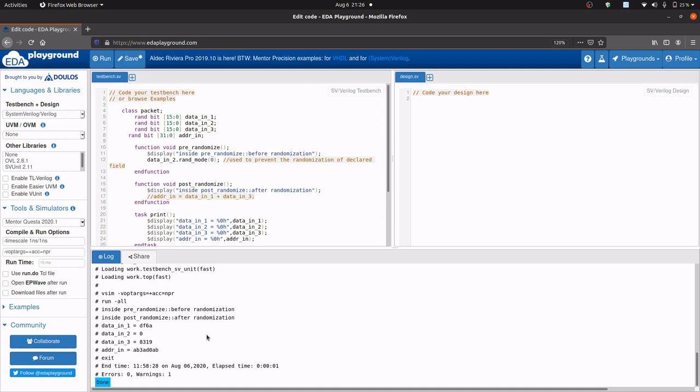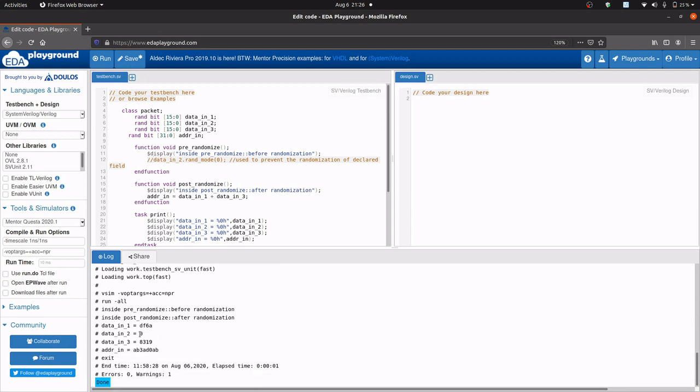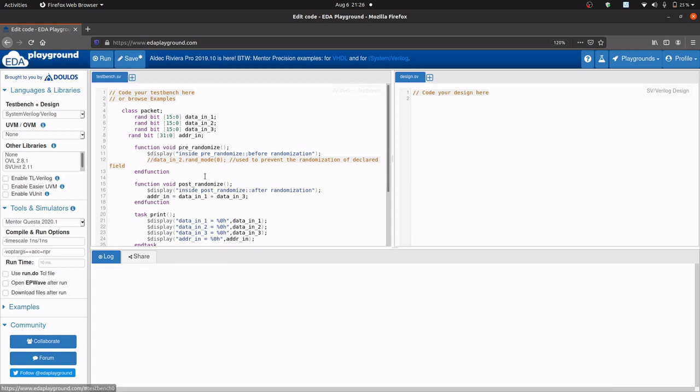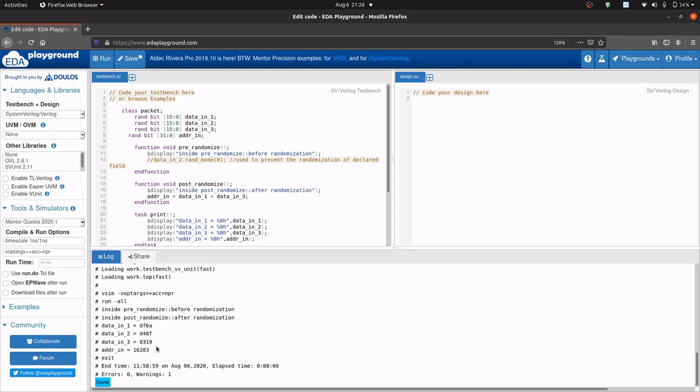And what happens if we comment out the rand_mode section? Data_in_2 was 0 earlier, but now it will generate a random value. Let's check it. As you can see, data_in_2 is also available, a non-zero value.